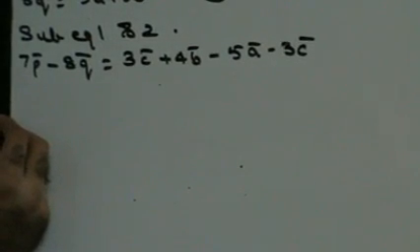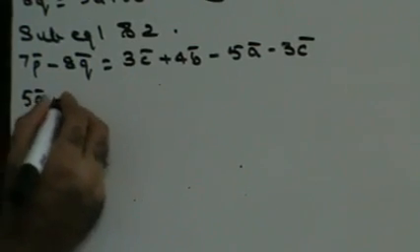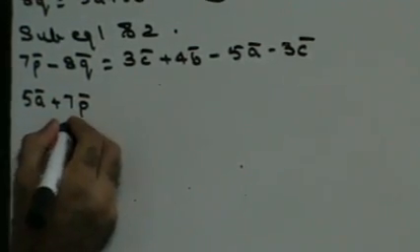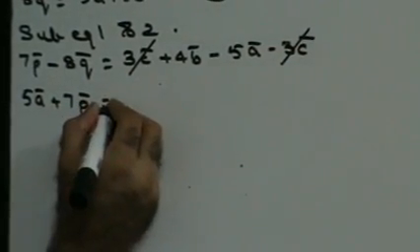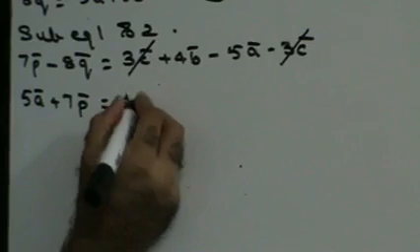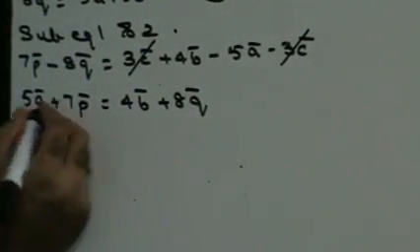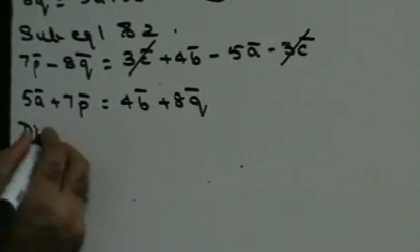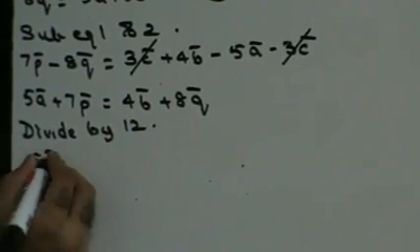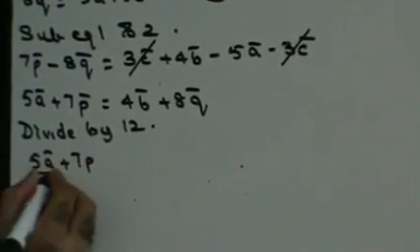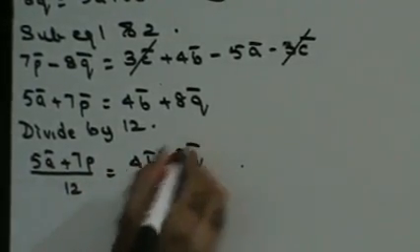Since I want A and P together, I'll get 5A vector plus 7P vector, right? Plus 3C minus 3C gets cancelled. I'll take the Q on the other side, so I'll get 4B vector plus 8Q vector, right? 7 plus 5 is 12, so I'll say divide by 12. If I divide by 12, I'll get 5A vector plus 7P vector upon 12 is 4B vector plus 8Q vector upon 12,